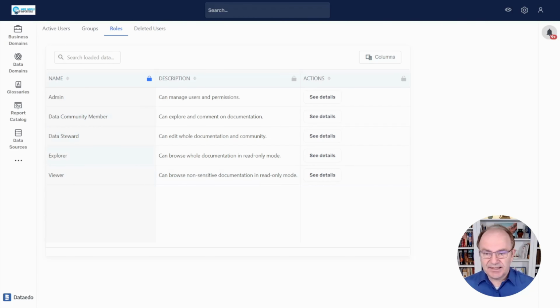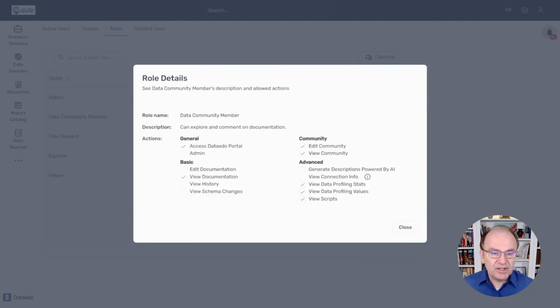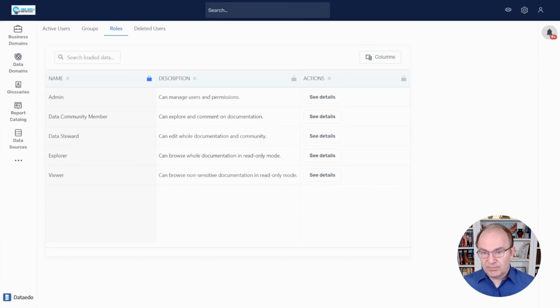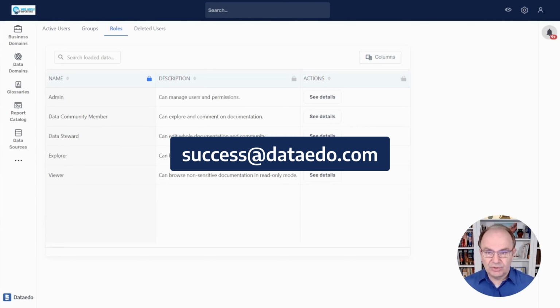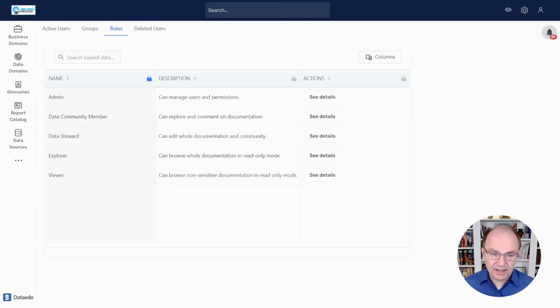As I say, these roles that are set up here in the permissions as they're set up should take care of all of the needs that you have. If they don't, please feel free to reach out to the success team, success@dataedo.com, and we can help you modify these directly. But as far as doing it right here in the user interface, you are limited now to the out-of-the-box roles